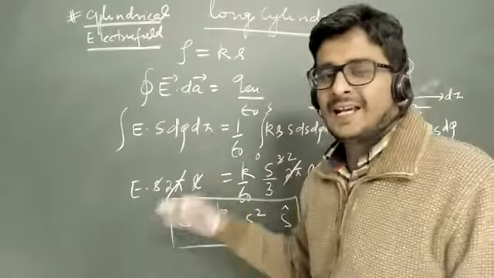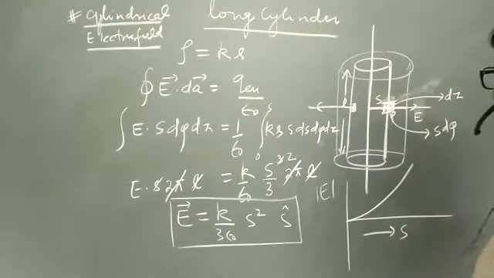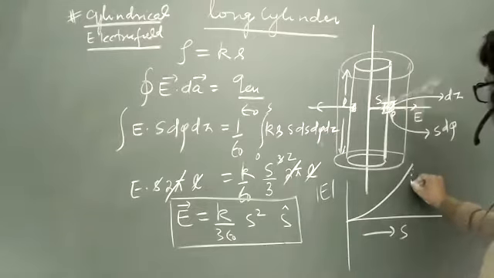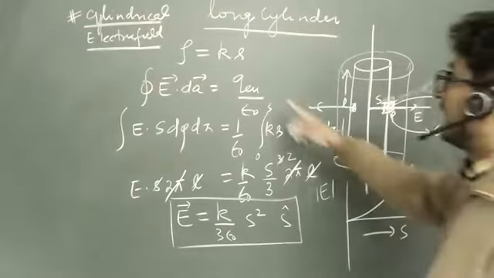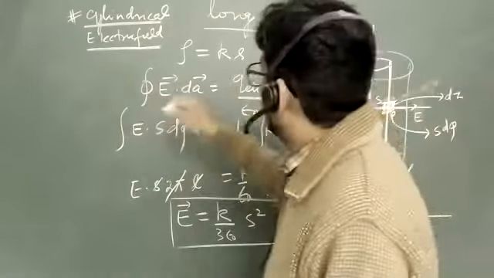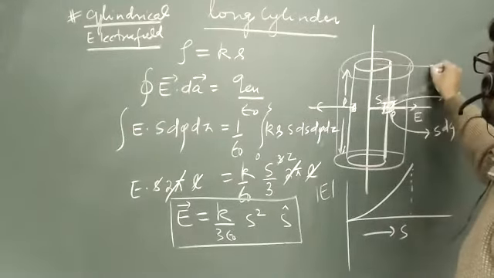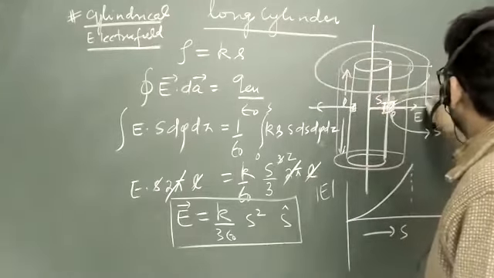Yes, sir. You have already calculated outside, no? So outside, what will happen? Anybody knows? I have already done it for a line charge, so 1 upon S proportionality. But here you have a different charge density. So when you come outside and make a Gaussian surface here, do it everybody quickly, within no time. Quickly do it.